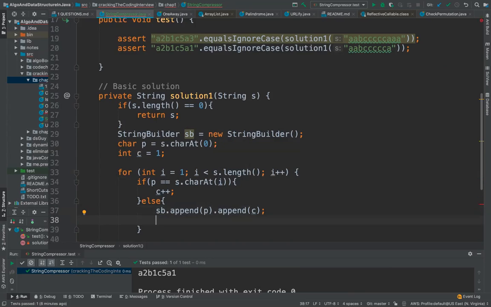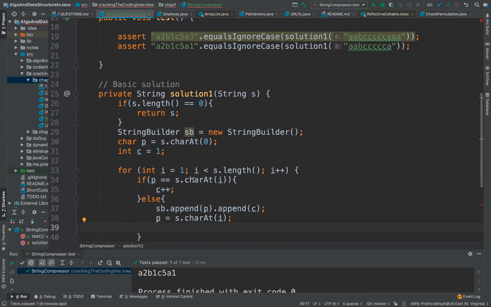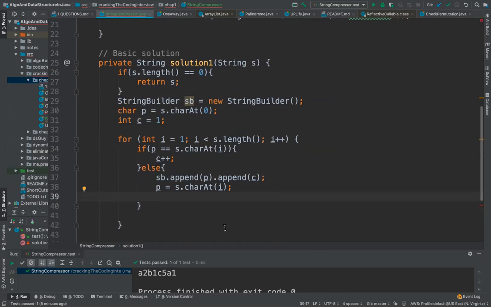Having appended this value, you now have to assign the previous character to the new character at this location. Do not forget to initialize your count to 1 here, because you're adding it now.